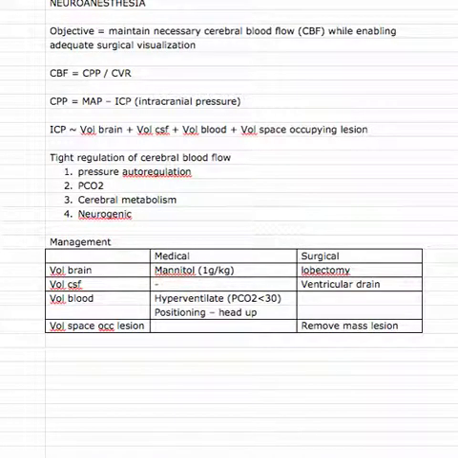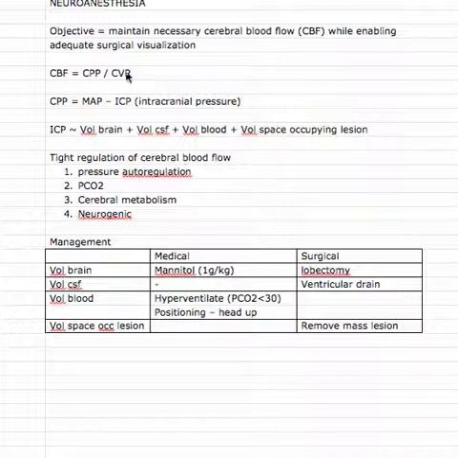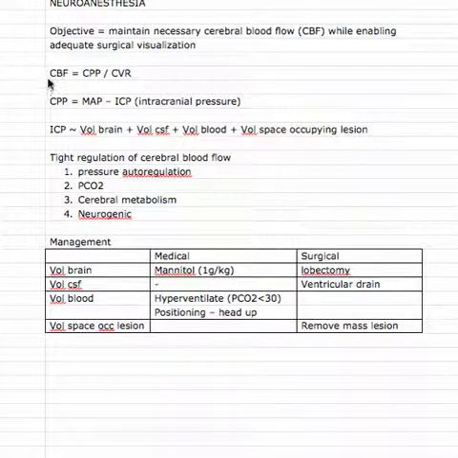So a key objective when you're thinking about anesthesia in the context of neurosurgery is to maintain the necessary cerebral blood flow to the patient's brain while enabling the neurosurgeons to get adequate surgical visualization on what they're operating on. We can talk a little bit about the physiology around all of this, and I'll take you back to cerebral